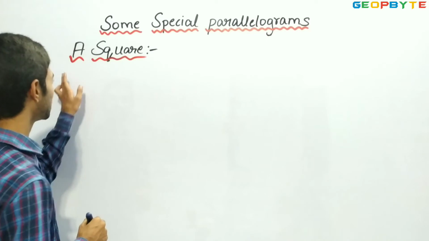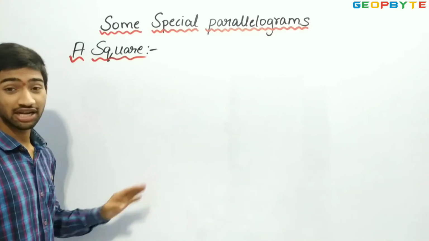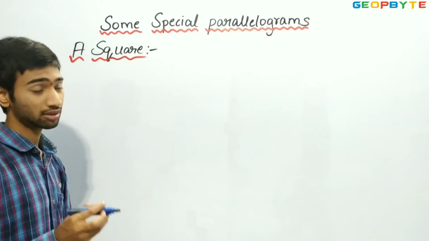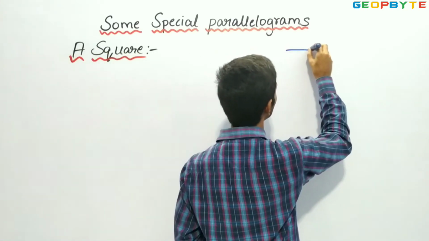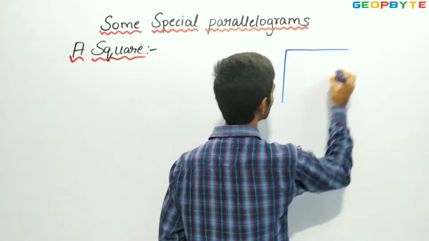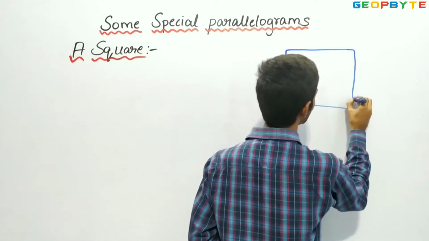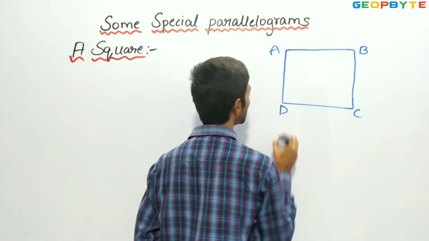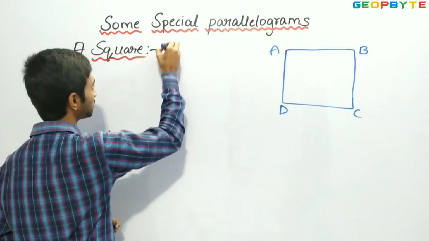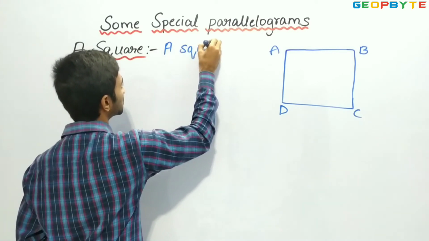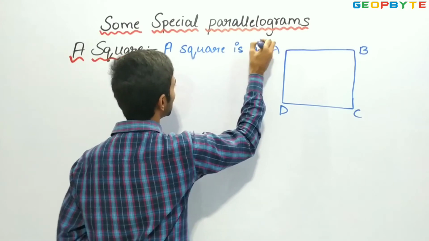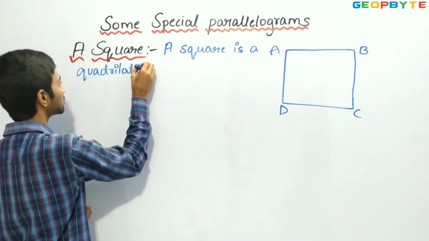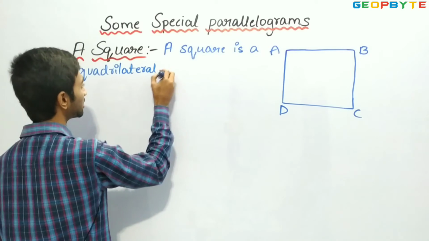Now let us see a square. So square is also a special type of parallelogram. Now let us write the definition with its properties. First, let us draw a figure of a square. So this is a square ABCD. Now let us define a square with its certain properties. So a square is a quadrilateral